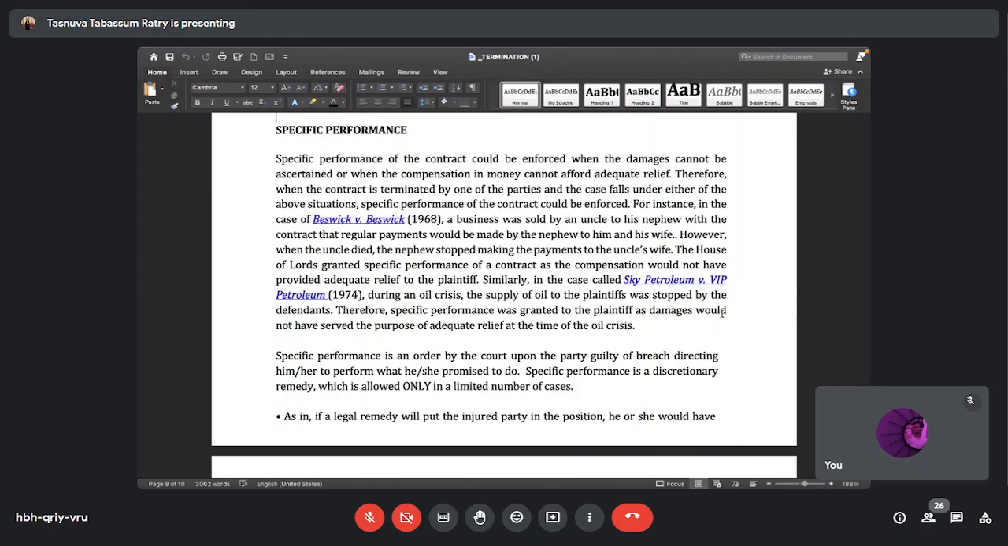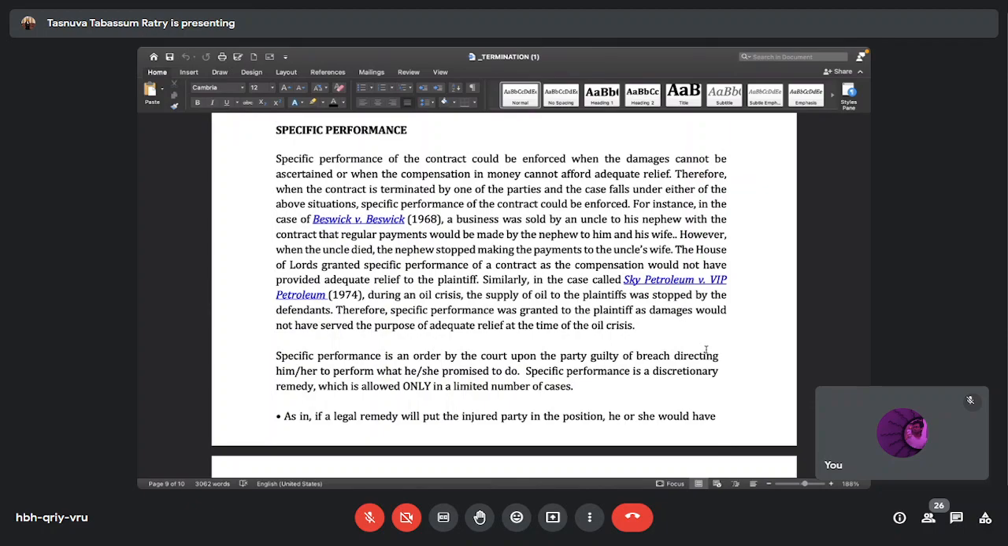So, as you can see, in situations where compensation would not have been an adequate relief to the plaintiff, where the court and the aggrieved party both want other remedies, where they think that the party who is guilty of the breach should perform the contract as they have promised in the terms and conditions of an agreement, in that case an order of specific performance is given, where the court thinks that monetary compensation is not an